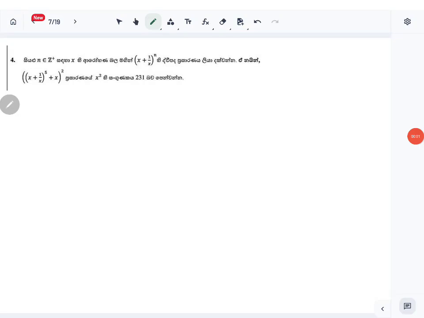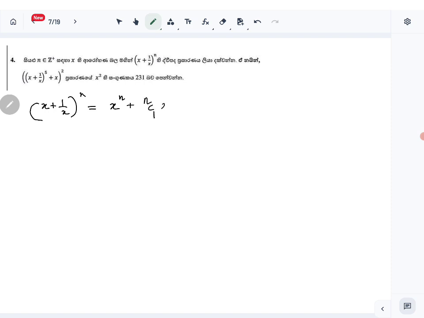Okay, let's look at question number 4 of the PO paper. So this is the binomial expansion question. First we have to write the binomial expansion of this in ascending powers of x. Right, let's write it out. (x + 1/x)^n. So this is what? x^n plus